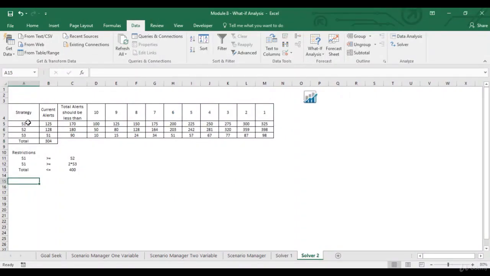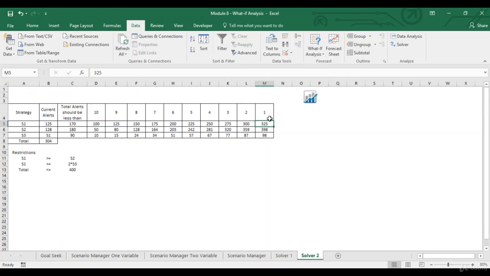Now, this is something which the operations teams in banks usually use. In the fraud or anti-money laundering environment, there are always some strategies to identify frauds. Now, these strategies then throw up alerts, and each of these alerts has some scores. Over here, what we can see in this table is that there are in total 325 alerts being generated by